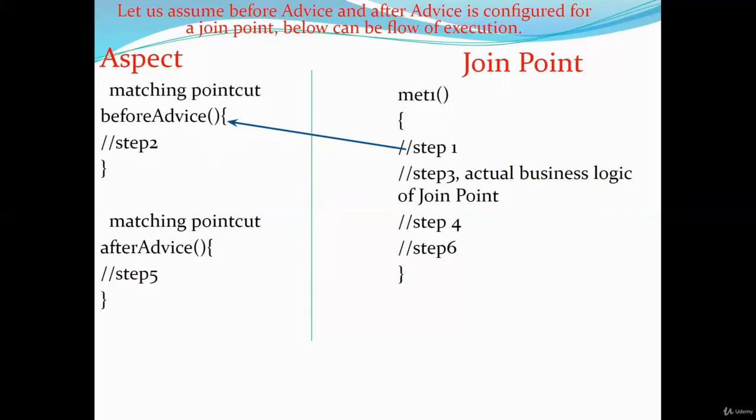Or you want to end the name with MET star MET. Okay. So in our case, we can assume it as MET star so that it matches with the join point name, that is MET1. So this is step 1. After the advice is invoked, maybe there may be a logging inside that. It returns back, the control returns back to the join point, and subsequently the remaining business logic gets